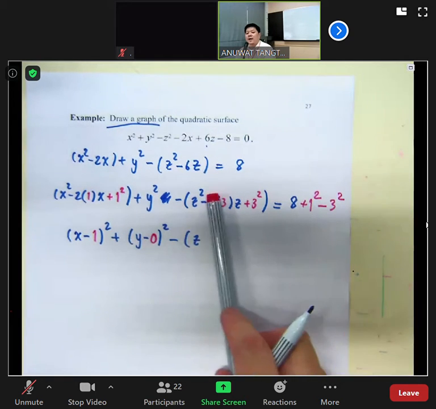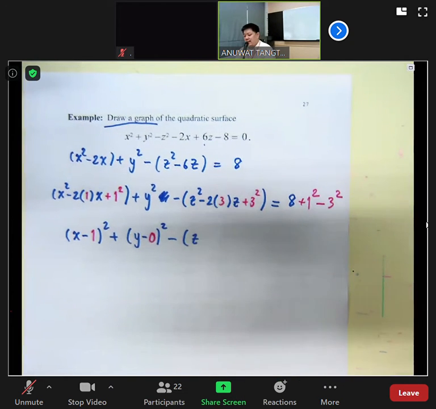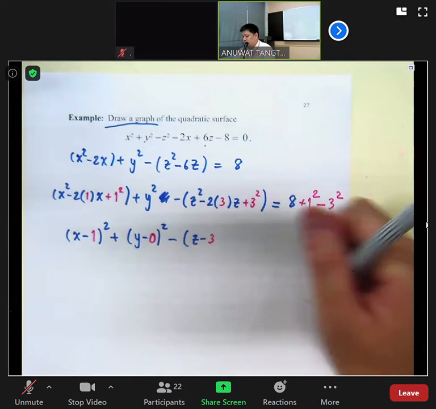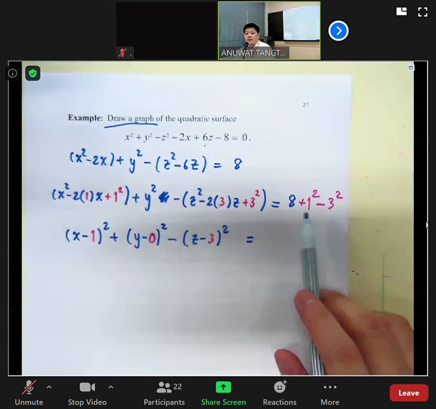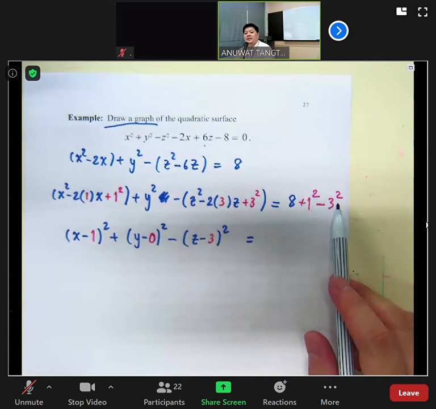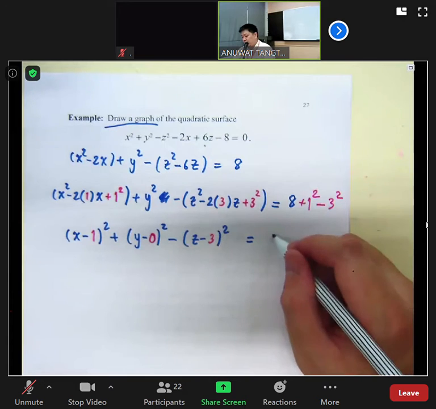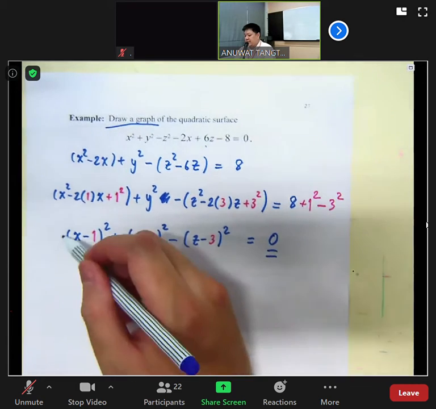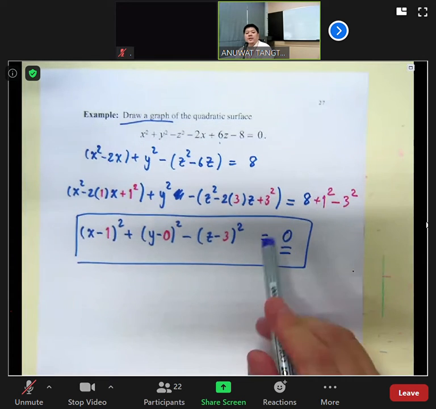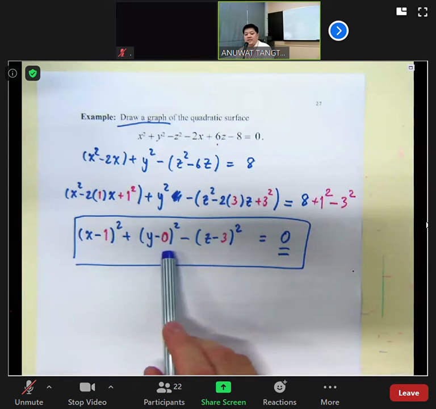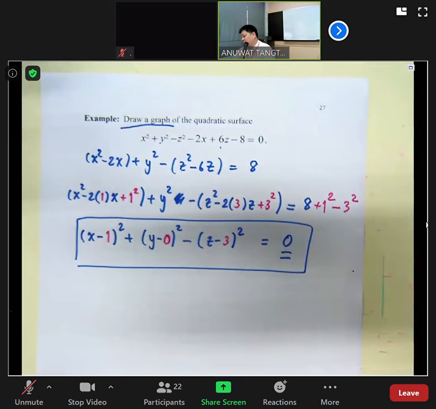Now for this one, it can be considered as z minus 3. Eight plus 1 becomes 9. 9 minus 9 becomes 0. So here the right hand side is 0 now. So this is in the form when a, b, c are equal. You can see